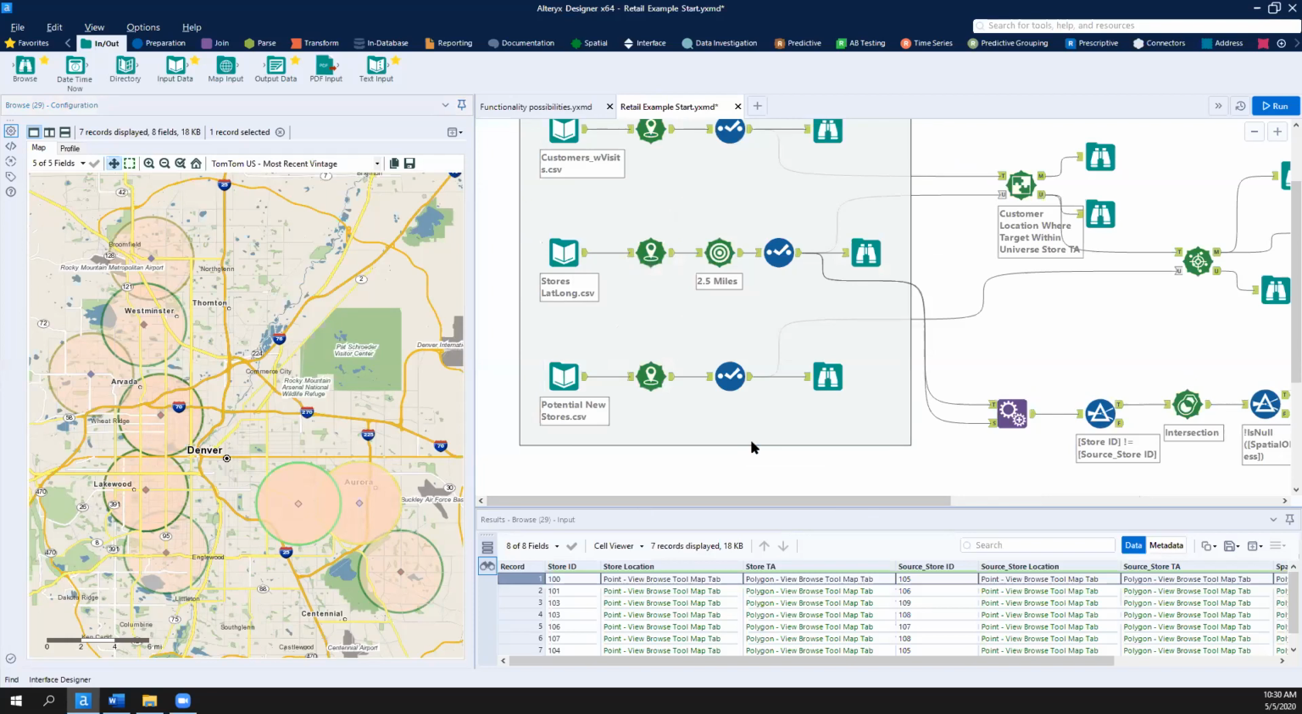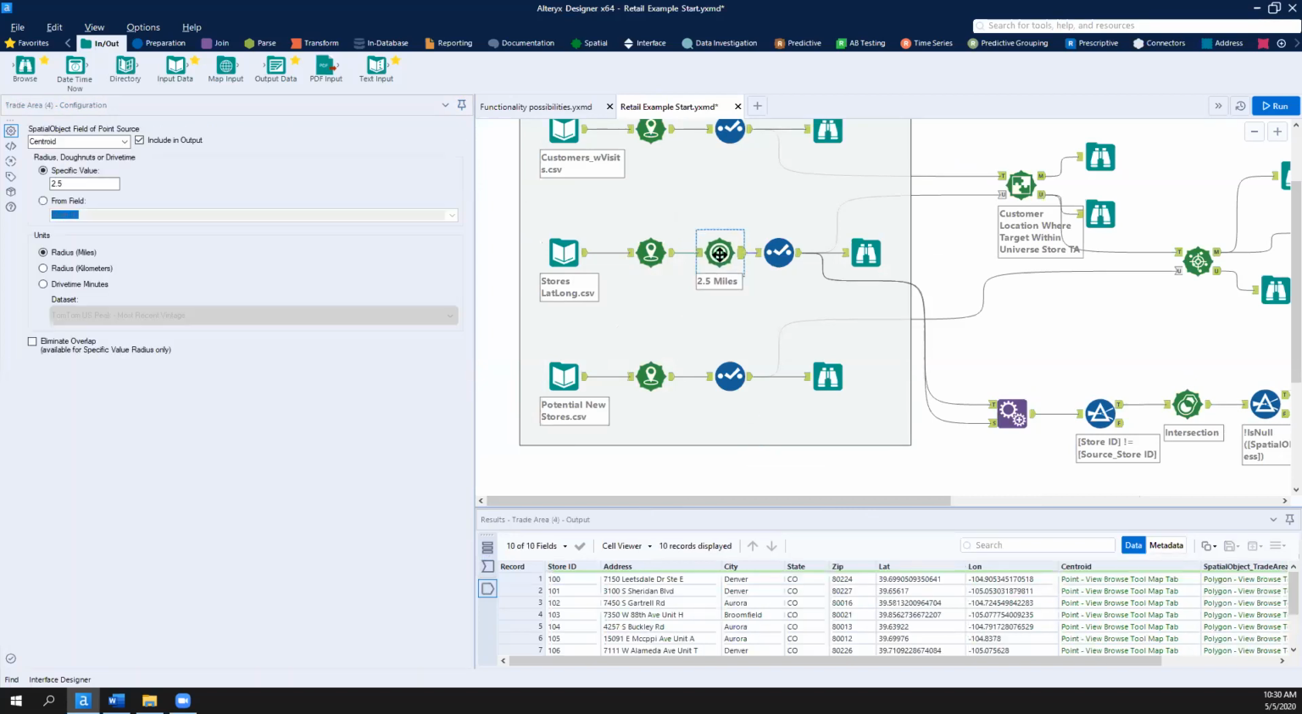I wanted to point out a few other things about Alteryx that you can get. We've done this on the basis of no one in our audience having the spatial packages. But I wanted to talk through what those spatial packages can do for you, especially in the retail world. If we go back here to the trade area tool,